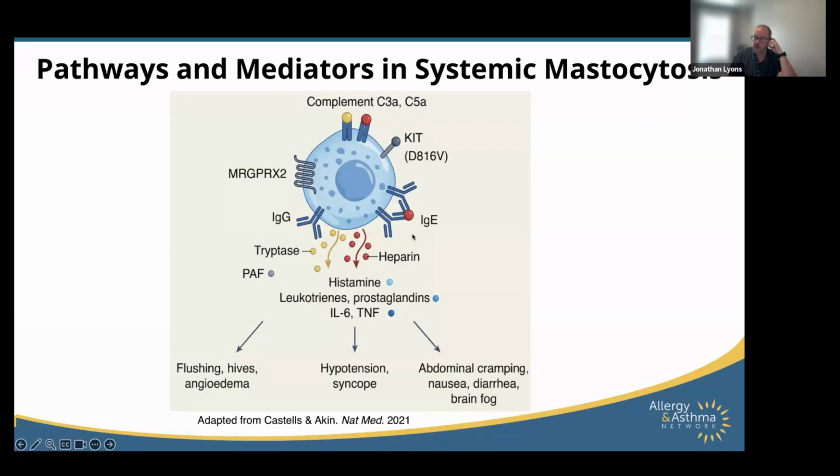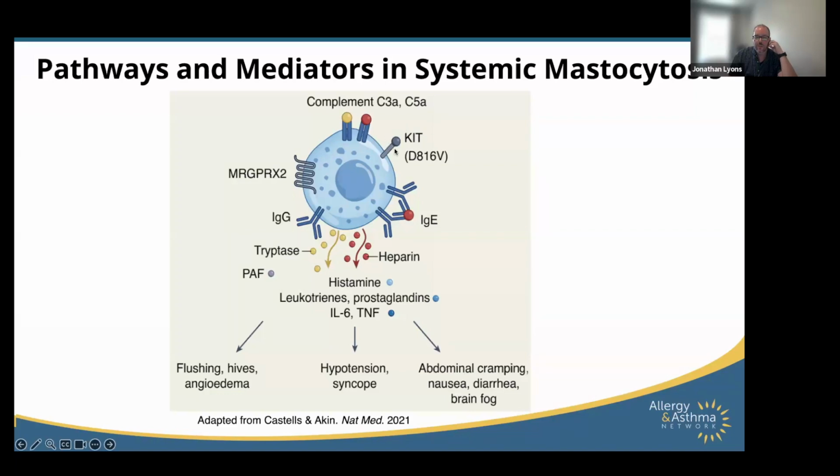Now, canonically, mast cells are activated by antigen, right? So most people, when you think about what's an allergic reaction, you have a kiddo who's allergic to peanuts. They eat some peanuts, shown there in that big red dot. There's IgE, that's antibody made by B cells, that's sitting on the surface of mast cells, bound to a high affinity receptor. That peanut protein cross-links those IgEs, and that causes activation of the mast cell and release of all these components.